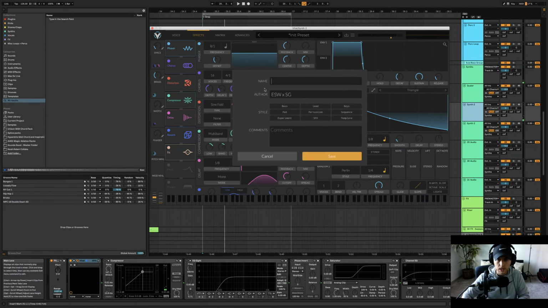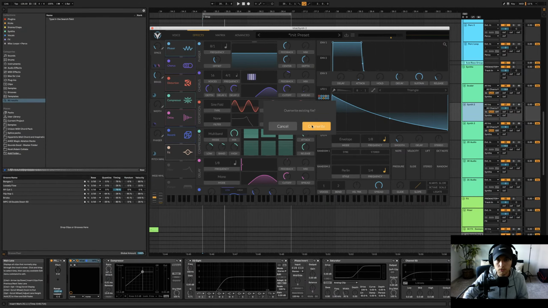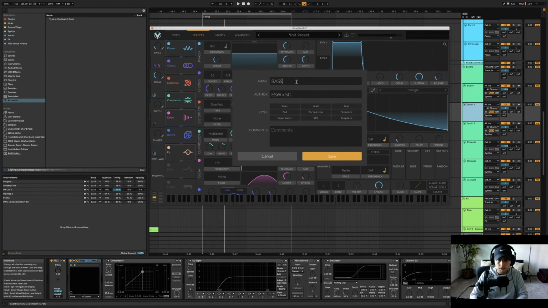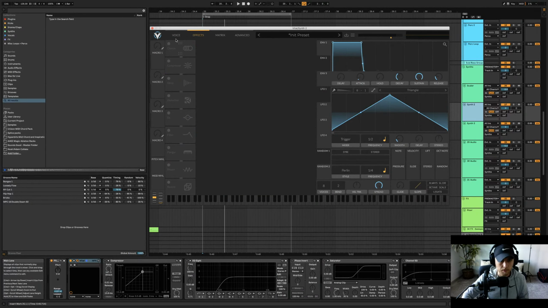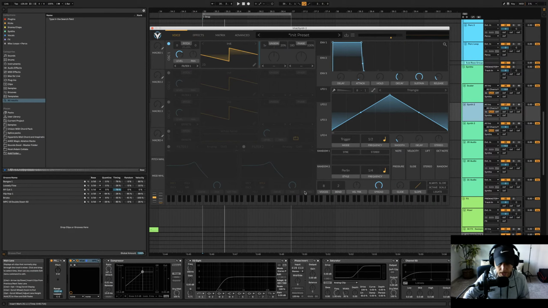Okay, and that one's pretty cool. Let's save this one, and we'll call this one bass. We'll call this one brassy. Boom. Oh, I didn't realize I had one called brassy already. So let's call it maybe streams. Let's call it stream. Cool. All right. Initialize preset. Start over. Now let's go with more of like a